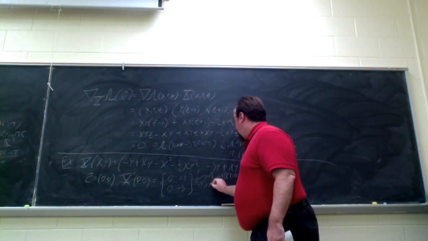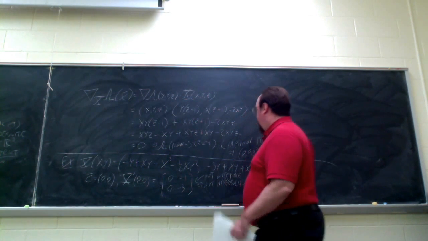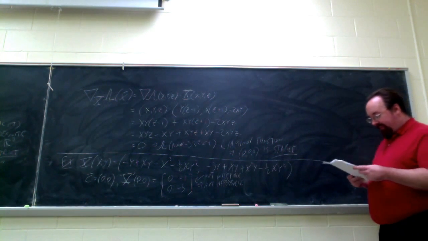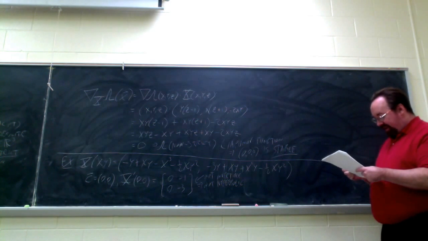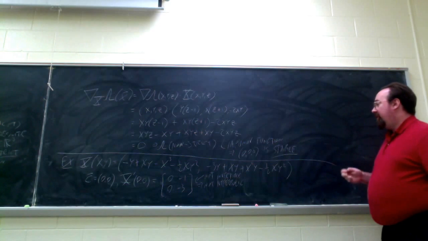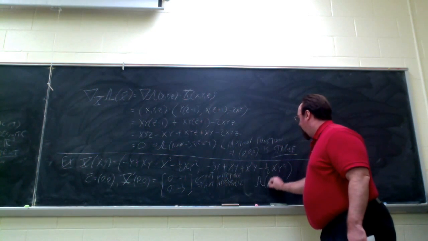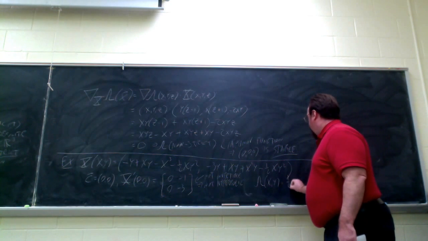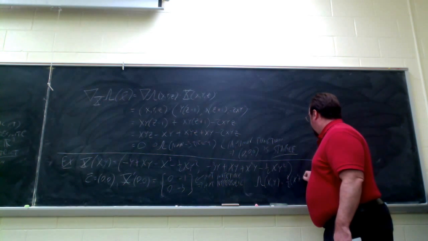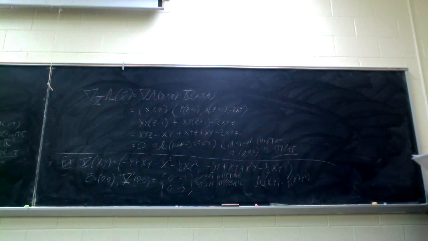So this is not a hyperbolic fixed point, so we cannot use the linearization theorem. We need a Lyapunov function. Now, we could have tried similar functions in the last example: 1/2 (x squared plus y squared), because that would automatically satisfy the first condition, that it has a strict local minimum at 0, 0. However,